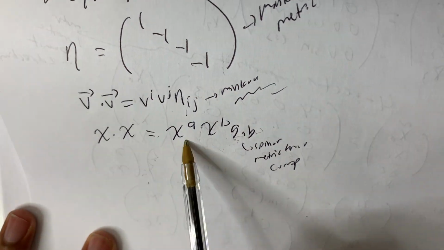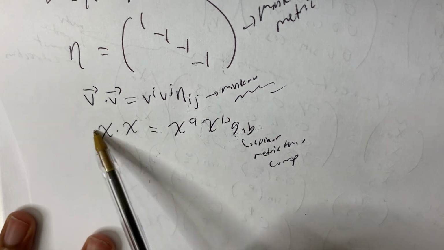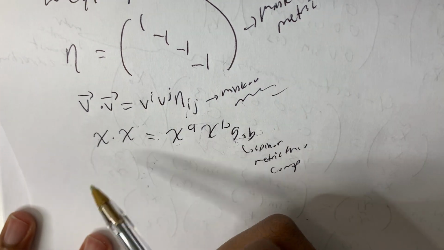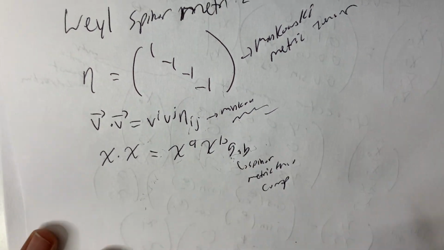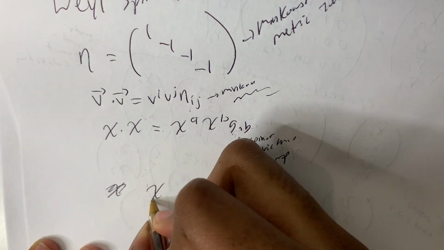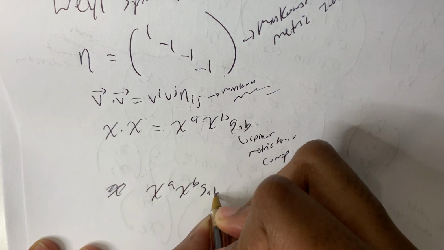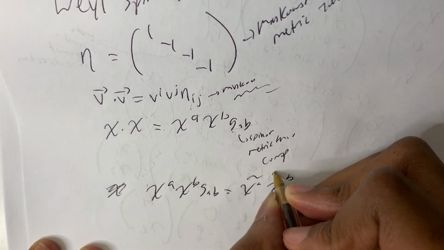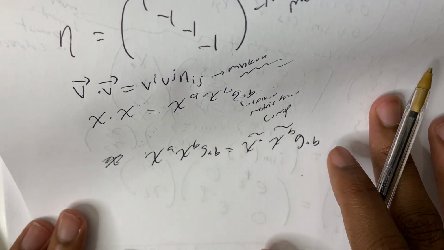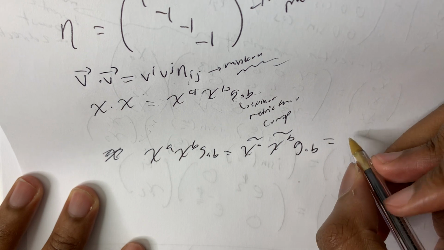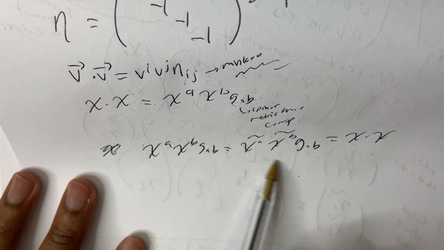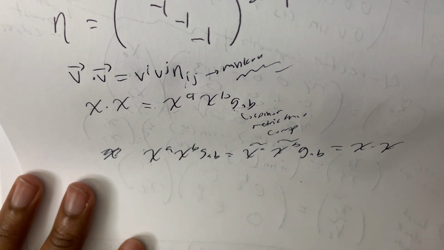So let's show that for the left chirality Weyl spinor, the dot product is invariant. Let's actually show that. All right. So first of all, if it's invariant, it means that chi^A chi^B g_AB should equal chi~^A chi~^B g~_AB, but g~_AB is just equal to g_AB, right? And that equals chi dotted with chi. So if it's invariant, these should be the same, but this is just a generally shifted coordinate system. I believe that we're going to work with a